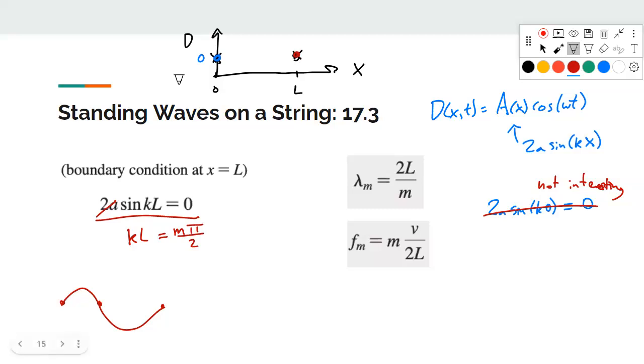And then we can rearrange a little bit. So we know that k, the wave number, is defined as 2 pi over lambda. That was what we took to simplify our traveling waves in the last chapter. And so we can replace this k with 2 pi over lambda times L equals m pi over 2. Our pi's go away, and